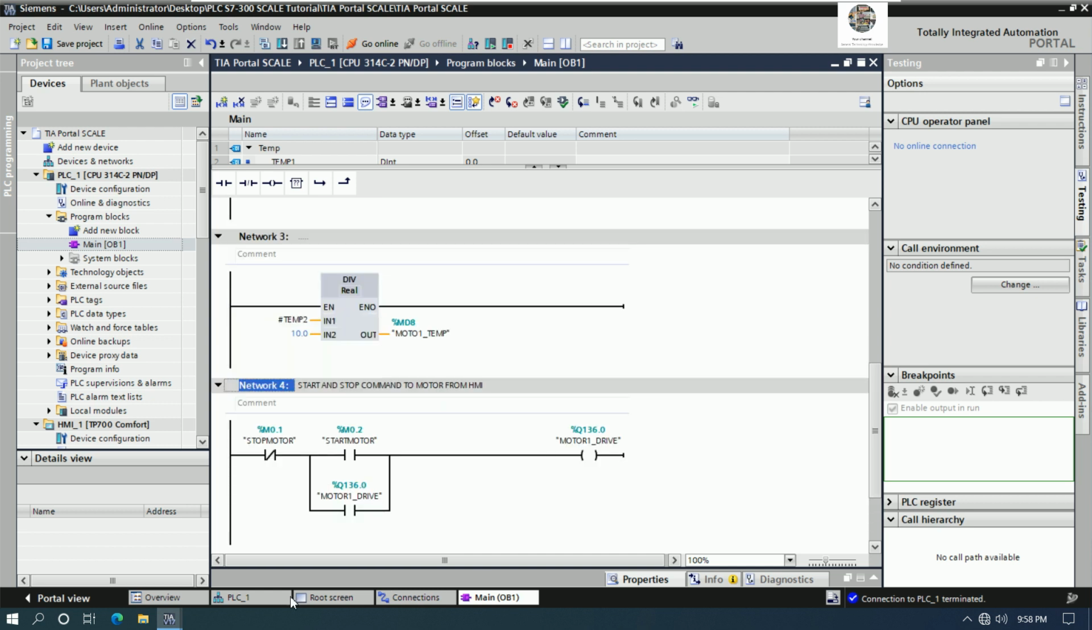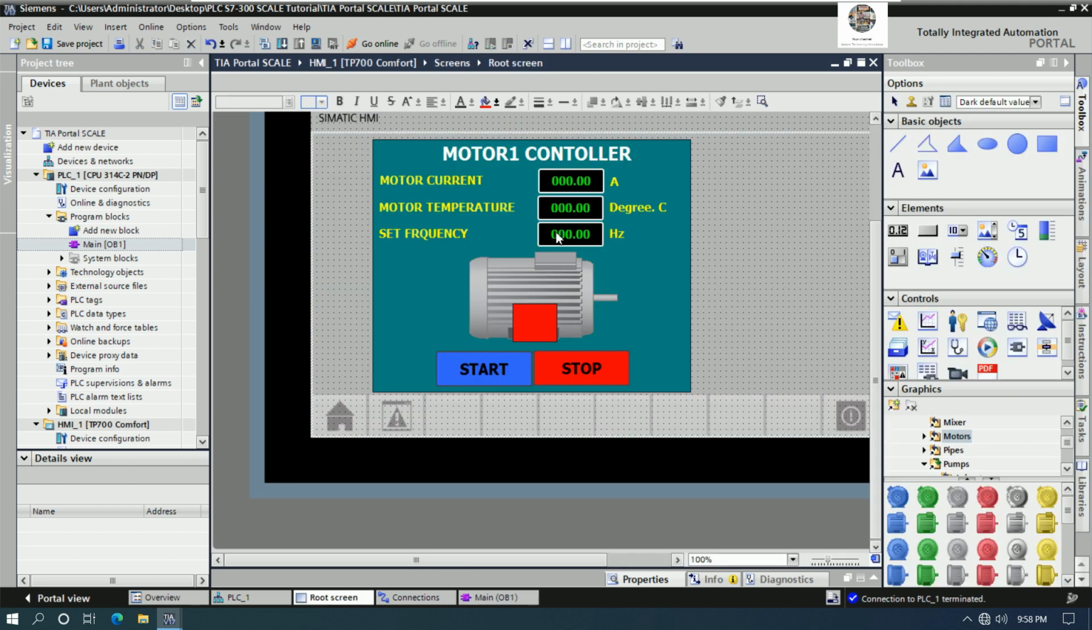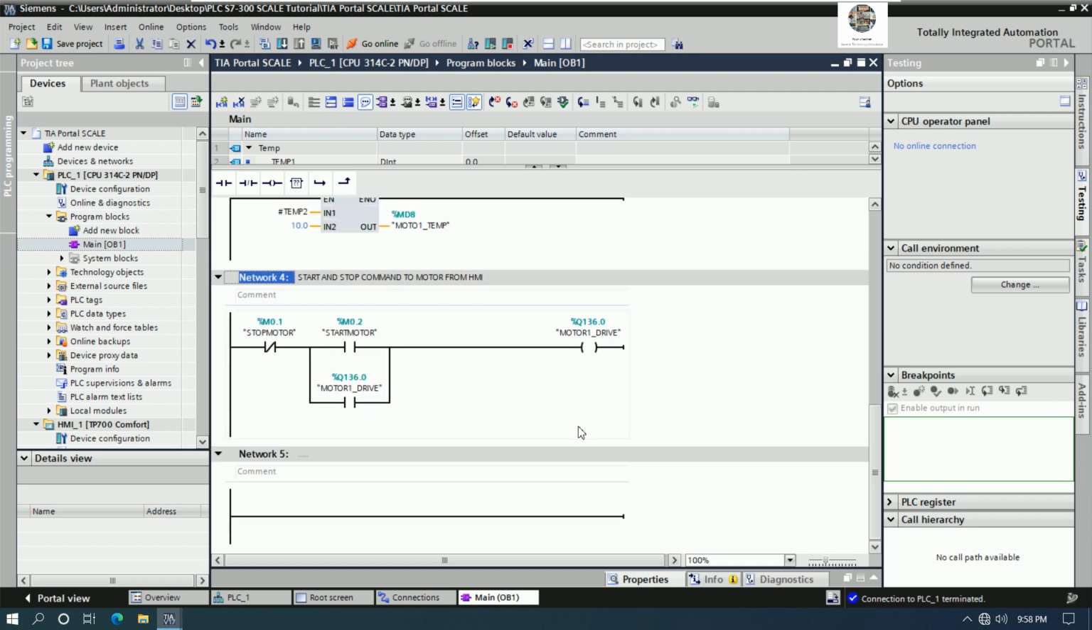And we need to set the point frequency of the motor, right? Okay, so we can go to UNSCALE. We will use UNSCALE. So this one we can comment: set point frequency of motor to VFD from HMI. Okay,